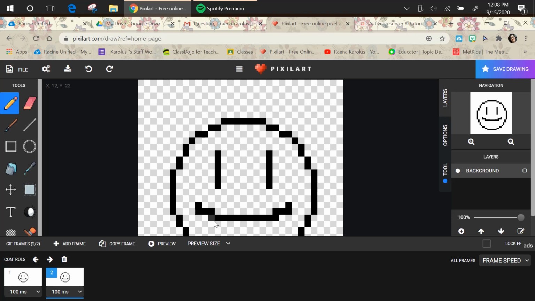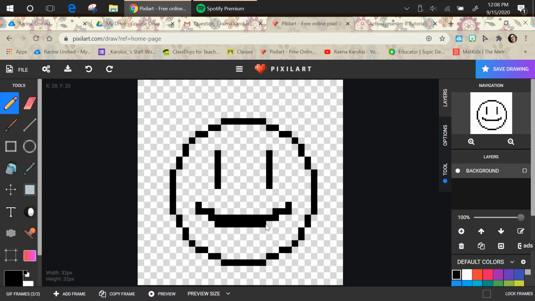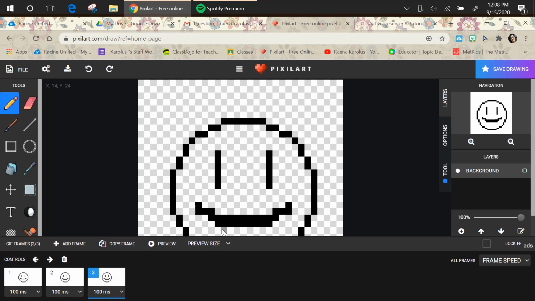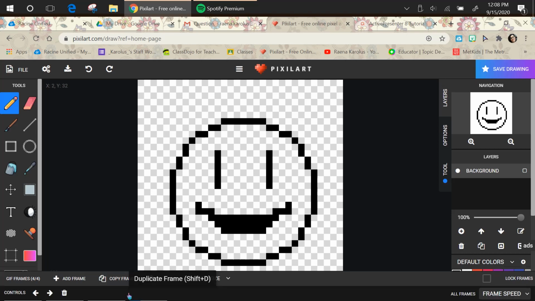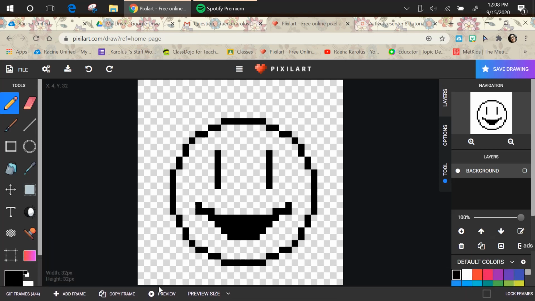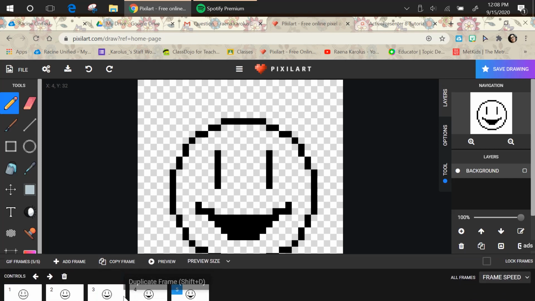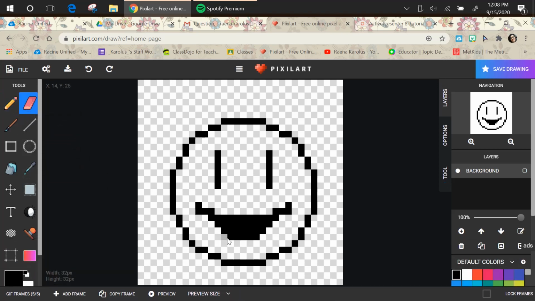Now I'm going to add to my image. So I'm going to add a little bit to start opening the mouth. I'm going to go ahead and just click copy frame. I'm going to add a little bit more. Copy frame. Add a little bit more. Copy frame. And I'm going to actually start taking things away so that when the GIF happens, it doesn't jump